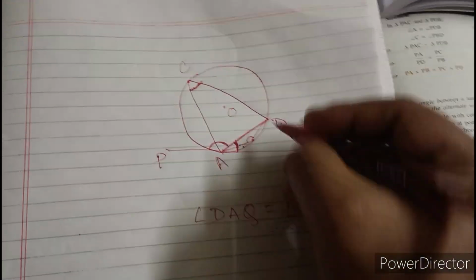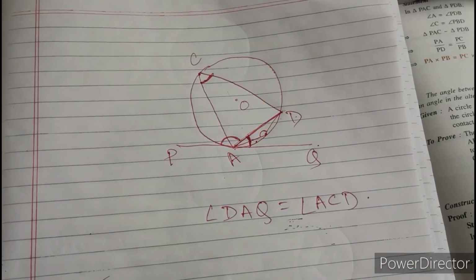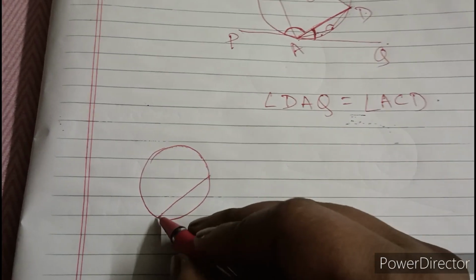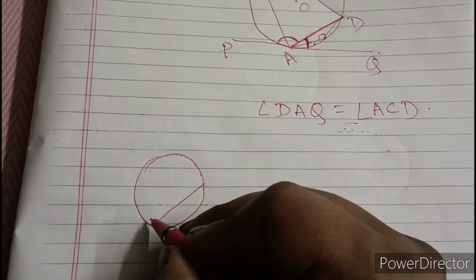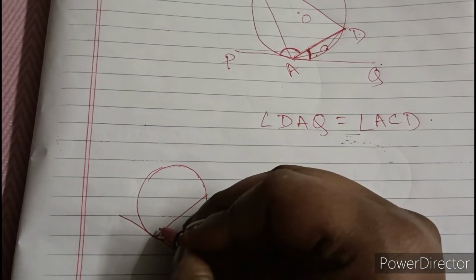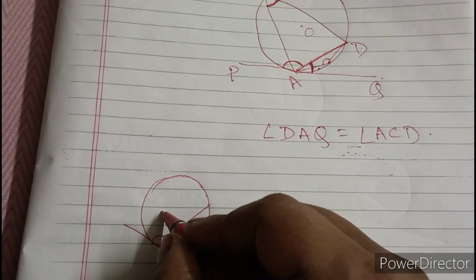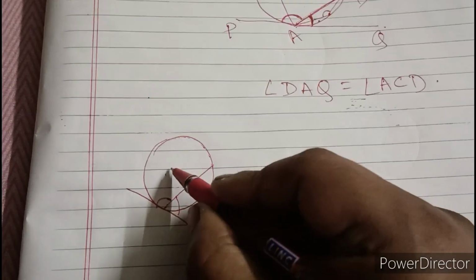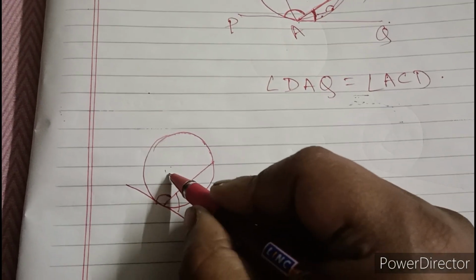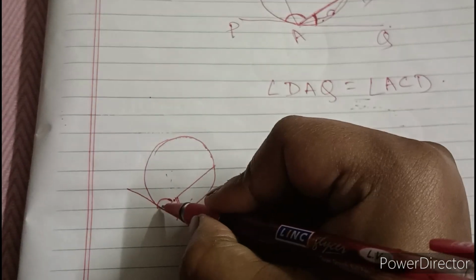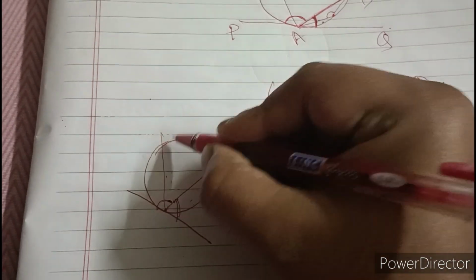You just see one thing, I'm drawing a fresh diagram. If this is the chord and this is the tangent point of contact, it is making one angle this side and one angle this side. One angle in this segment and one angle in the other, this is the major segment, this is the minor segment. When we are considering the minor segment angle, then it will be equal to the angle produced here,